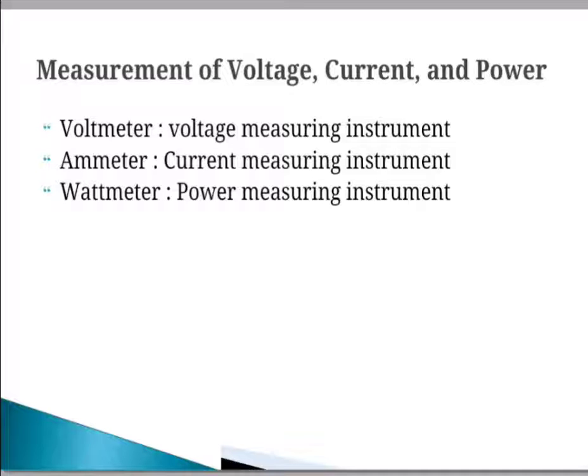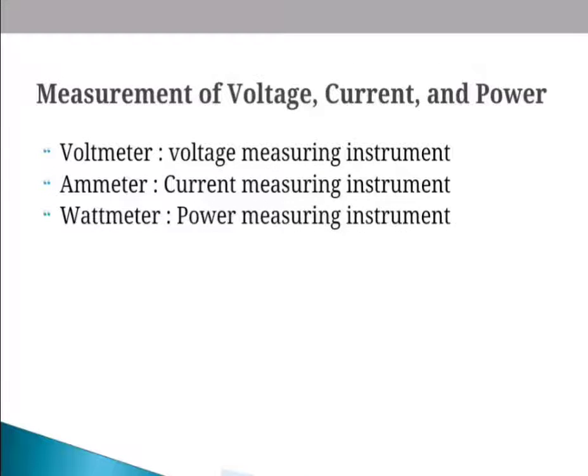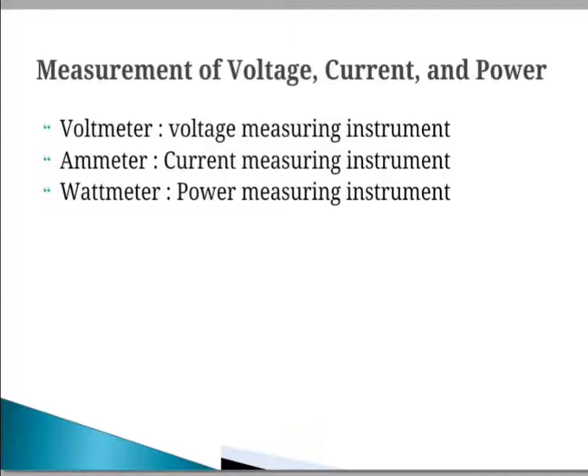The third one is the ammeter. The ammeter is the instrument used for the measurement of current present in the system, and the ammeter is connected in series with the load. Whenever the load is applied on the system, only then is current flowing through the system. If the load is not available on the system, then the current flowing through the system is zero.